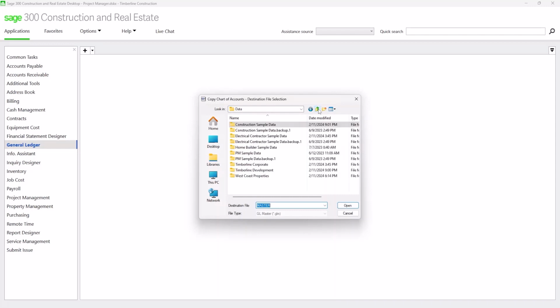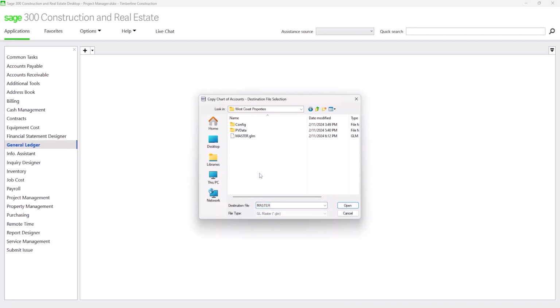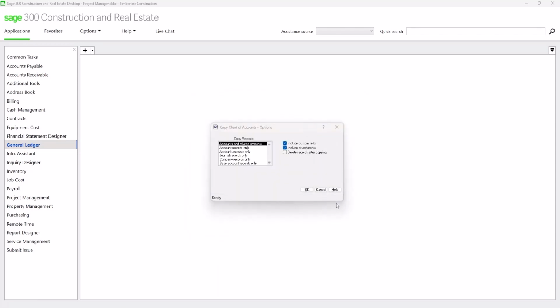We're going to pick West Coast Properties as the consolidating entity or company, and we're going to start copying different components of our GL. First, we're going to copy company records. Then we're going to copy base accounts. Journal records can be copied as well. Not a necessary step, not a bad idea to do it. And finally, we're going to copy accounts and related amounts.